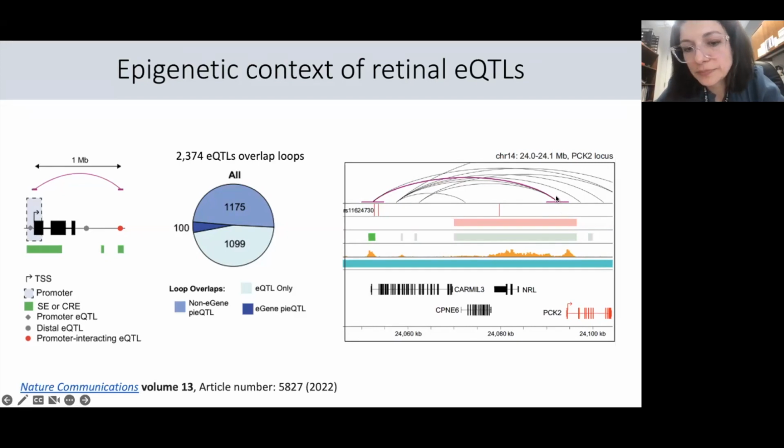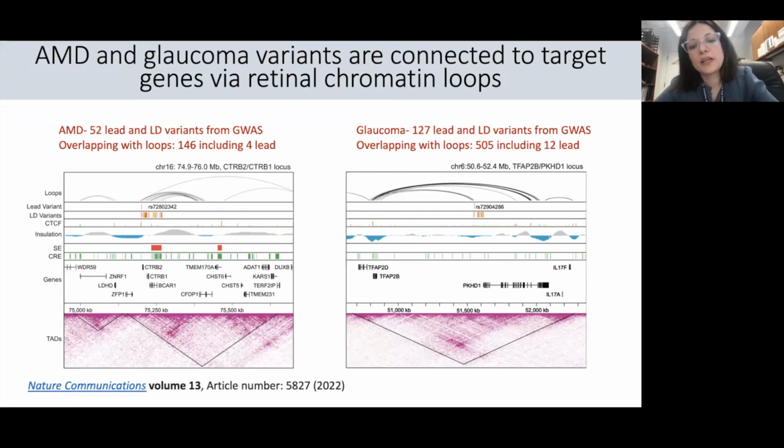actually direct. We also were interested in looking at whether genetic variation that has been associated with AMD and glaucoma is actually directly regulating retinal genes. And we wanted to basically identify the target genes of variants that have been associated with AMD and glaucoma. So to perform this study, we took